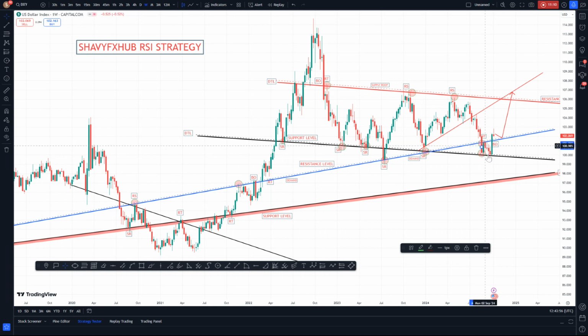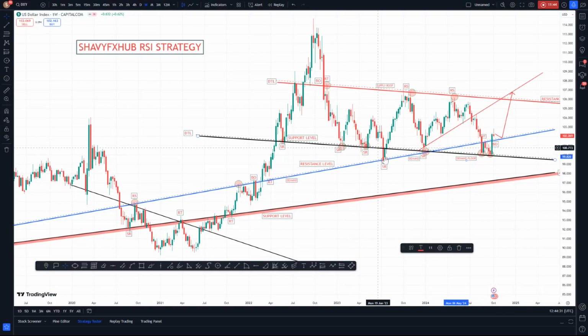But before we conclude, we like to apply our strategy where we have a supply roof and a demand floor. We call it support level. To be more technical, we call it a demand floor. A demand floor with a very strong price action. Price had a reaction in the month of May, in the month of June, in the month of